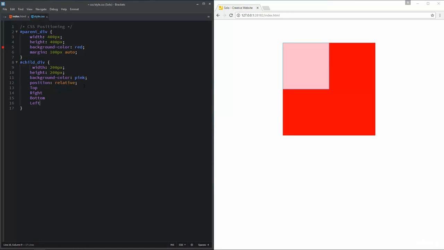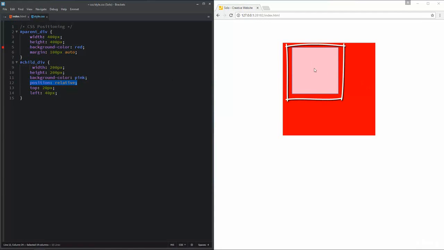Let us specify some of these properties. Let us do top 20 pixels and left 40 pixels. The relative positioning moves this child box from where it was without any CSS positioning, so it moves it from the top 20 pixels and from the left 40 pixels.